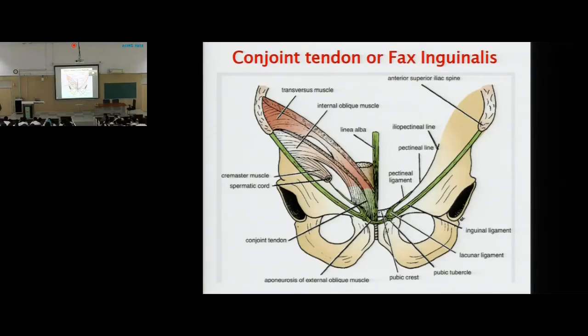Now what has happened over this area, that is over the pubic crest, the aponeurotic fibers of the internal oblique and transversus abdominis become thick. Why? Because the superficial inguinal ring is here. So posteriorly these two fibers, the internal oblique and transversus abdominis, become thick and support this ring from behind. And that is called the conjoint tendon or pars inguinalis. Did you understand the concept of the conjoint tendon? Okay? So the conjoint tendon is there, which is going to protect the superficial inguinal ring from behind.